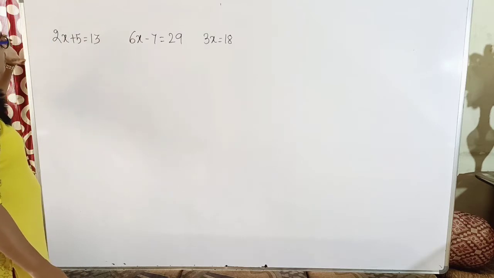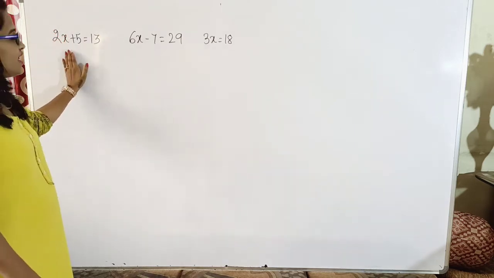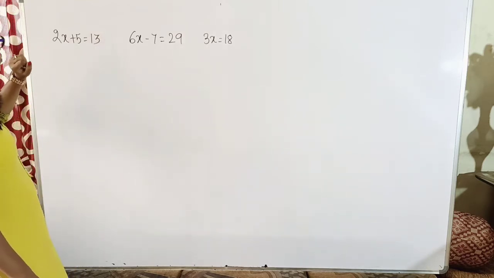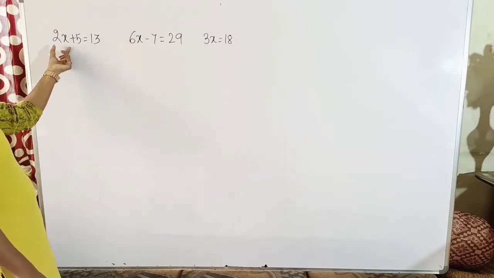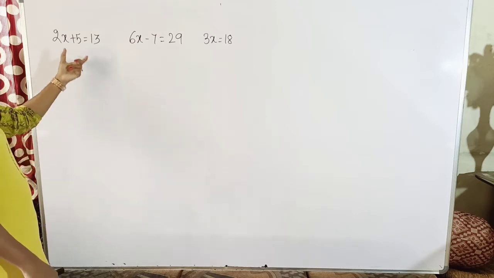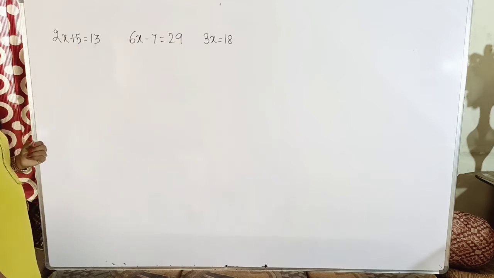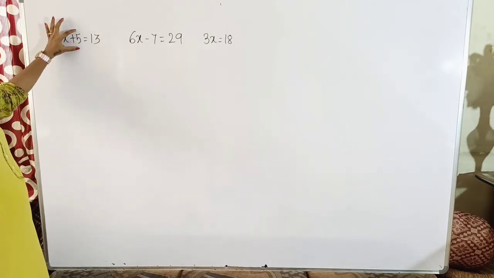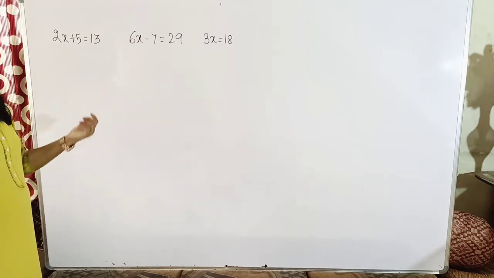So now if I have to solve, what should I do? I should want only the variable present on one side and the value present on the other side. So that will give me the value of x, isn't it? Yes. So the first step would be, here there is one extra 5. What if I cancel out this 5 so that I will be getting only 2x? So what could be done further? That is the next part. But the first step I should be doing, I don't want this plus 5. So what should I do? To eliminate this plus 5, what if I subtract 5? So plus 5 minus 5 will give me 0.